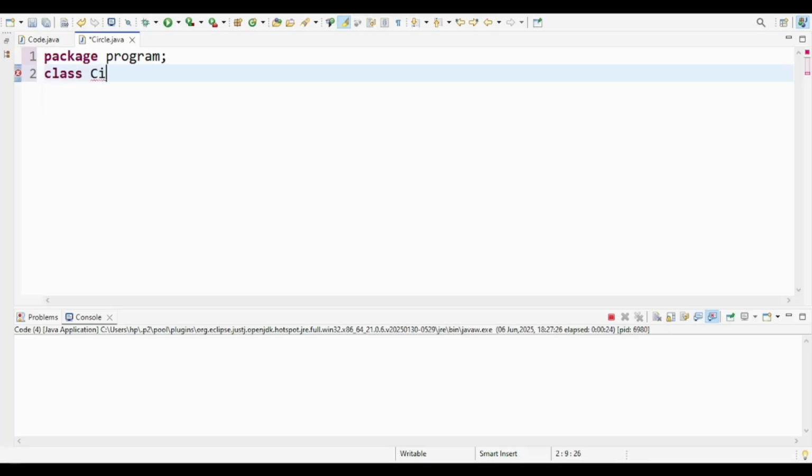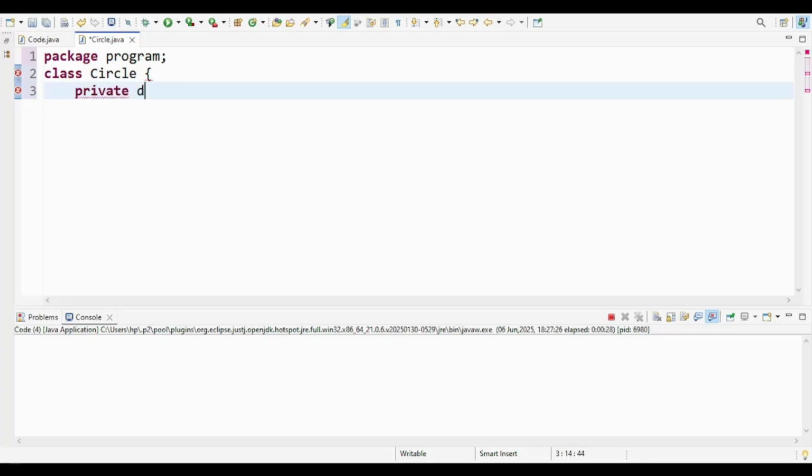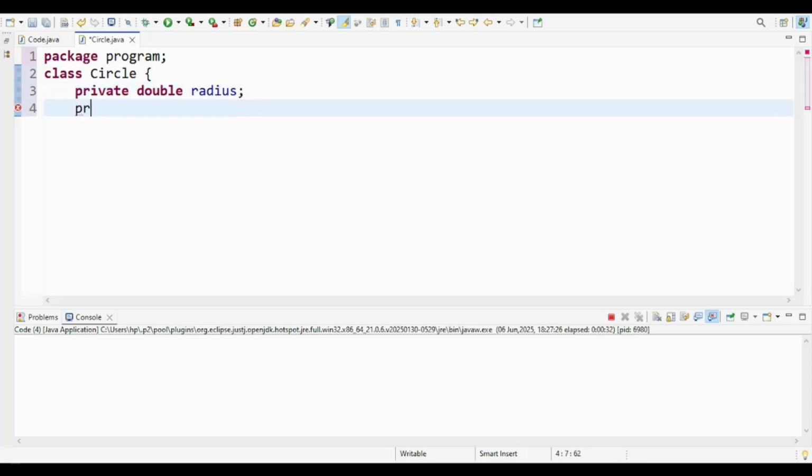So let's begin by defining a simple class named Circle, and this class will have one instance variable called radius, which represents the radius of a circle. Okay.